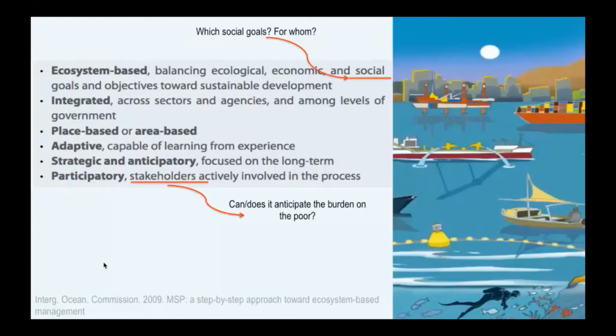Is it really anticipatory? Can it anticipate the burden that allocating different spaces will have on the fishing communities, for example? Is it actually participatory? Are the poor ones, the less powerful ones, the usually invisible ones being taken into account during this process? So these are a few questions that I would like to propose more as points of discussion, especially towards the end,